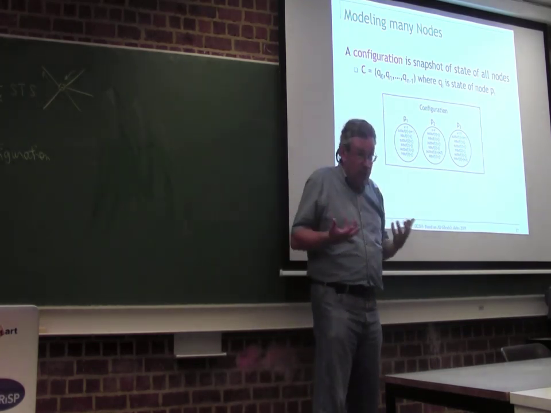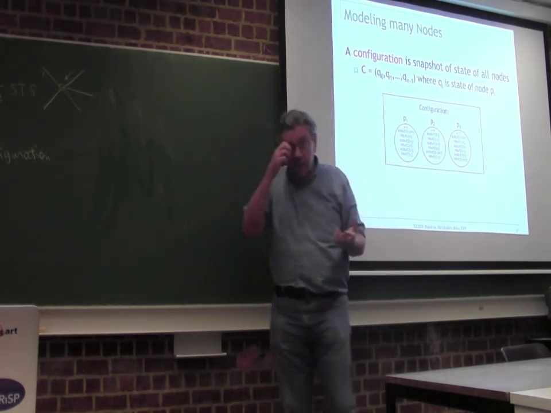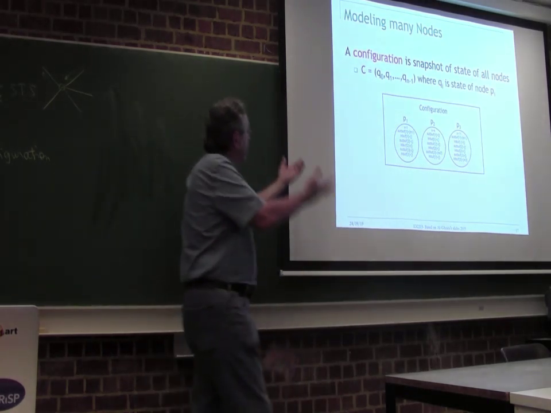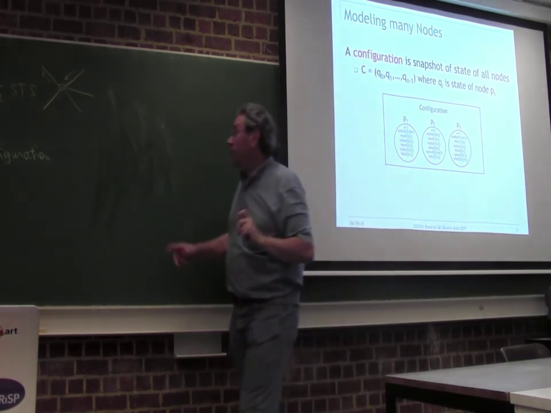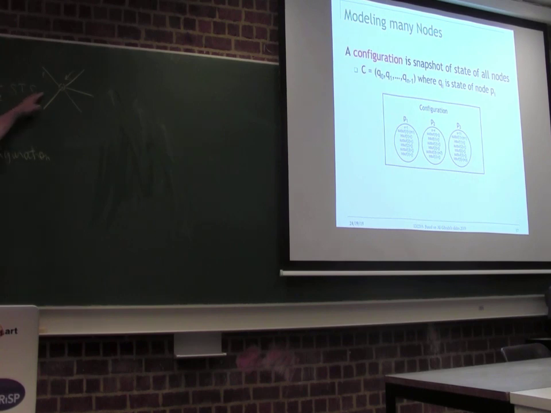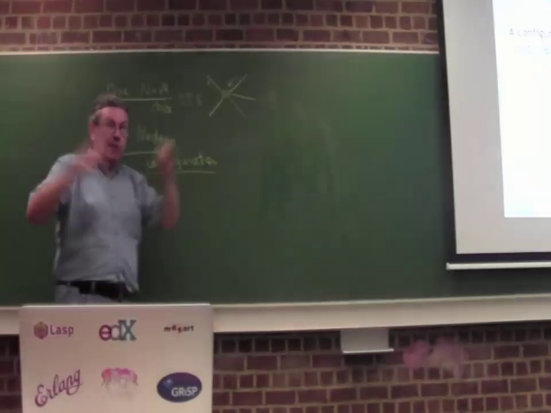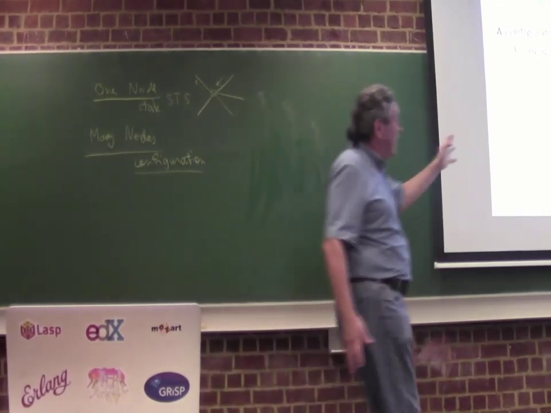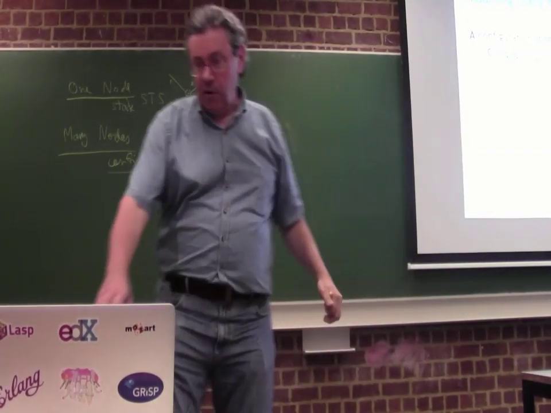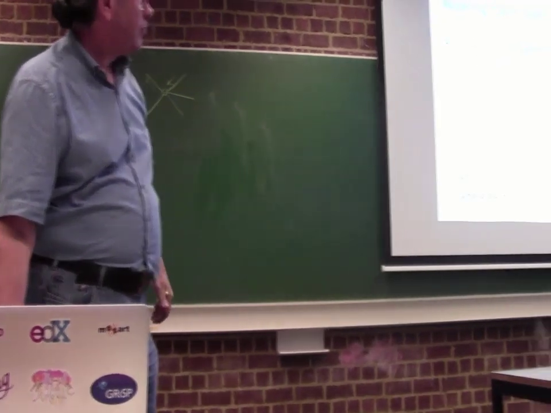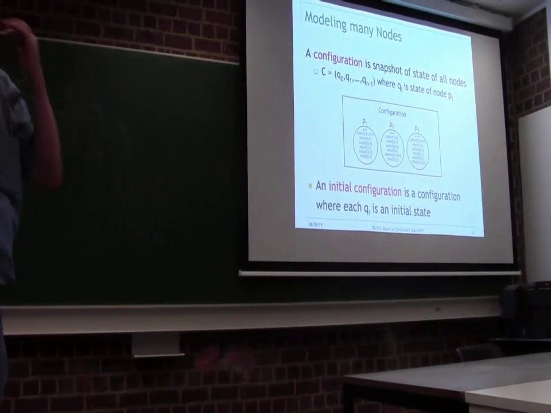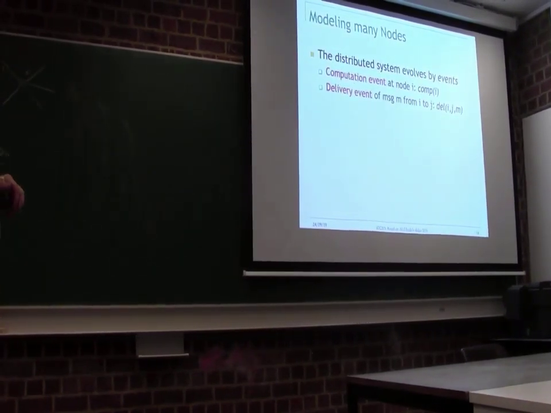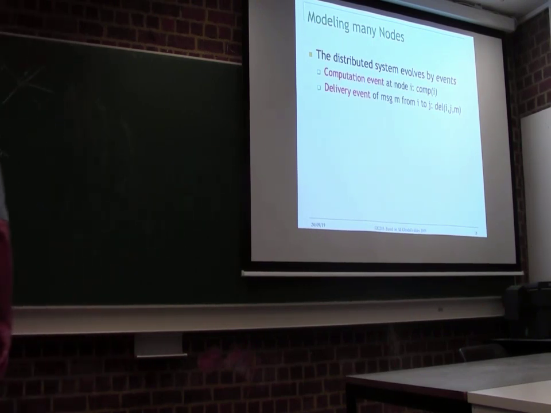But we will talk about the configuration when we reason about the system. When we start proving properties, seeing what it's doing, we're going to talk about configurations. So it's easy to remember, huh? State is a small word, it's looking at one node. Configuration is a big word, so it's the whole system. Okay? That's very important to remember, huh? Configuration and state. And then there's an initial configuration where each node is in an initial state. Okay? That's very fine.